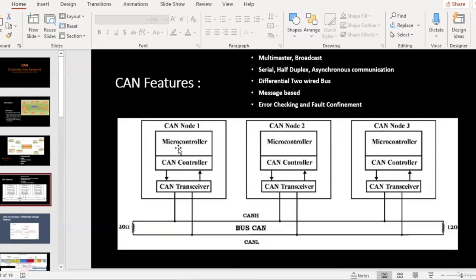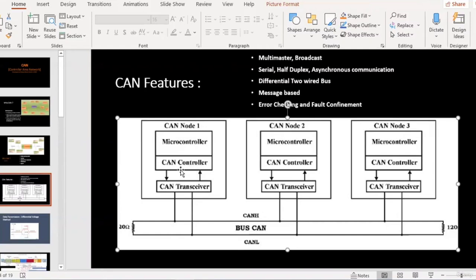If you differentiate the functionality of a CAN controller, it is built into the microcontroller, and it takes care of forming the CAN messages, doing the error checking, and accepting or rejecting the messages. All other functionalities related to the CAN protocol are done by the CAN controller.